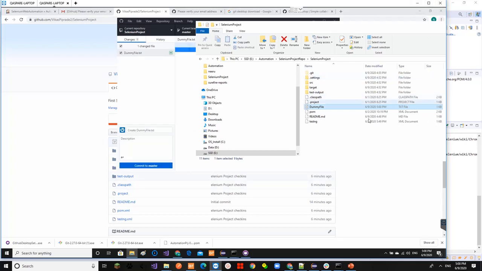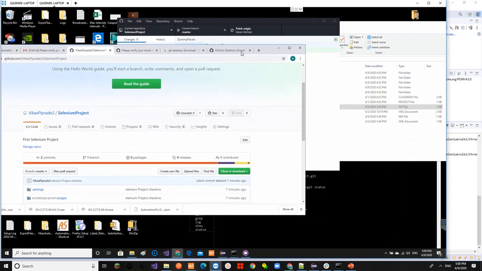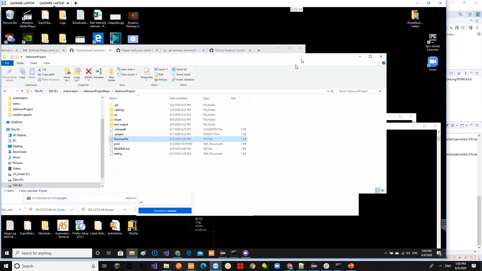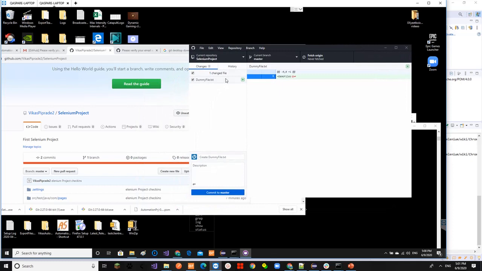As soon as a new file is detected, GitHub Desktop will identify the change. It will show that this is a new file, and the file name and the content will show up. And if you want to commit this file into the GitHub repository, then we can do it using the commit and push commands. We did it through commands, but GitHub Desktop is a pretty good UI.